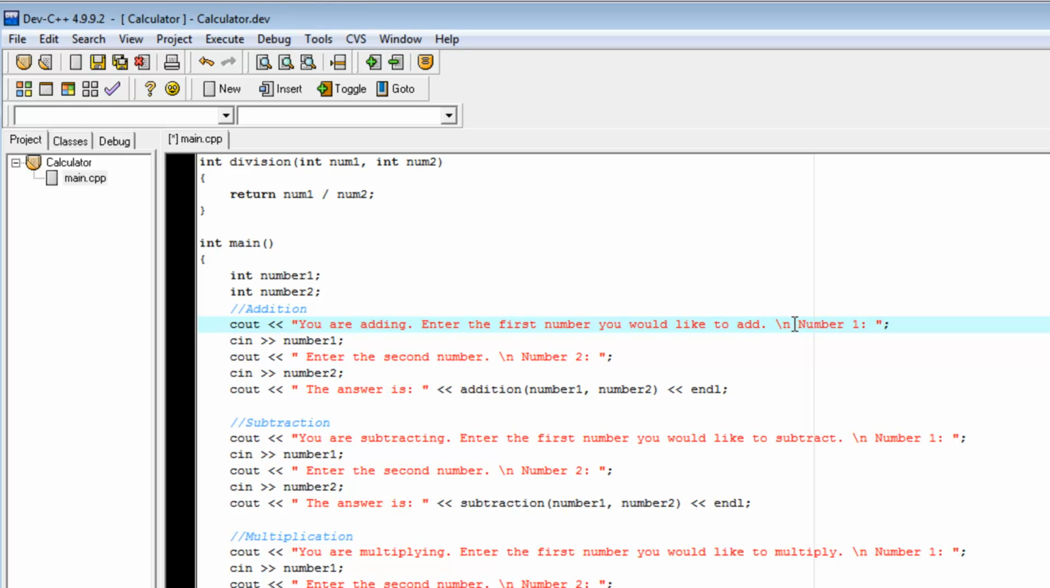\n. If you recall, if I mention this, \n will be a new line. So it literally tells the compiler this is a string, however I want you to do a line break right here. So it will print you are adding into the first number you would like to add, period, new line,